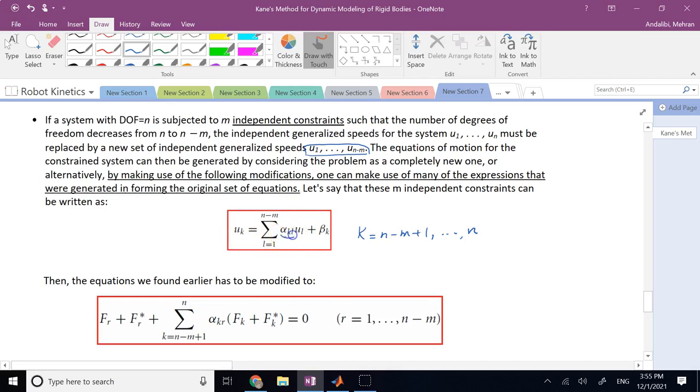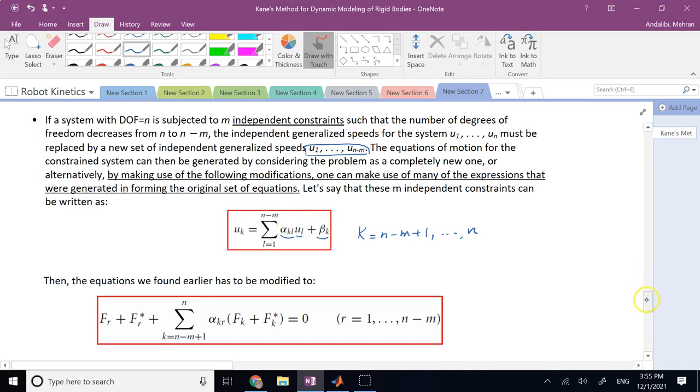As some alpha times those u's plus some beta in general. So a linear combination of those u's plus at most a constant. If you can establish such a linear relation between those redundant generalized speeds and these independent ones that you want to consider for the equations of motion, if you can do such a thing and determine these alphas and betas,